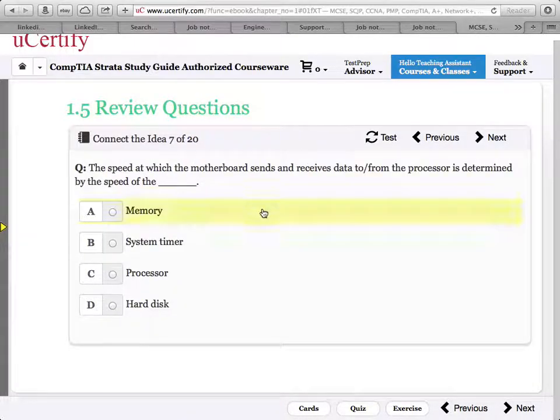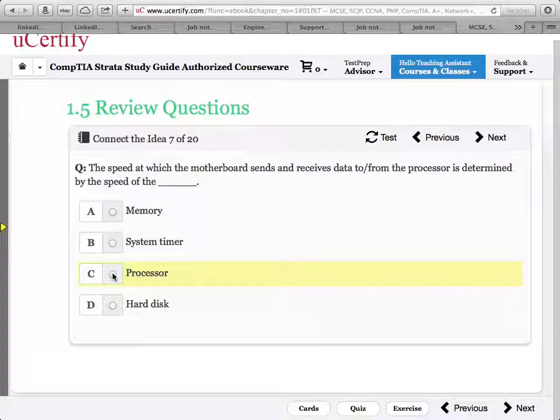The speed at which the motherboard sends and receives data to and from the processor is determined by the speed of what? The system time. No. The speed at which the motherboard sends and receives. I choose C. Processor. Are you sure?